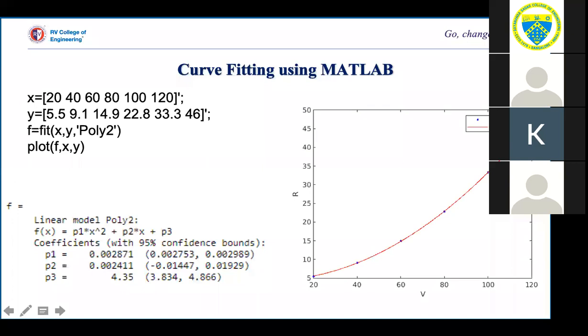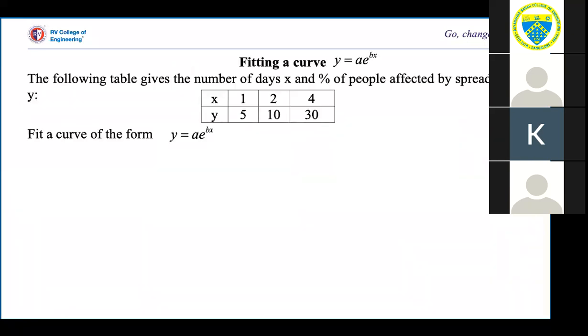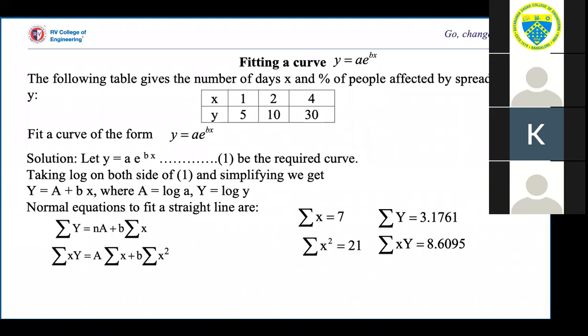And observe here how beautifully it is coinciding with the given data points. So observing the trend, you can decide one point starts from here and it is ending here. When you want to join it by a smooth curve, you cannot have a straight line, right? If you try fitting a straight line in this case, there will be more deviation of these points from the fitted curve. So you can observe here, it suits a second degree polynomial. So next is an exponential curve. What we do, we take log on both sides, reduce it to the form of a linear equation in the form y equal to a plus bx.